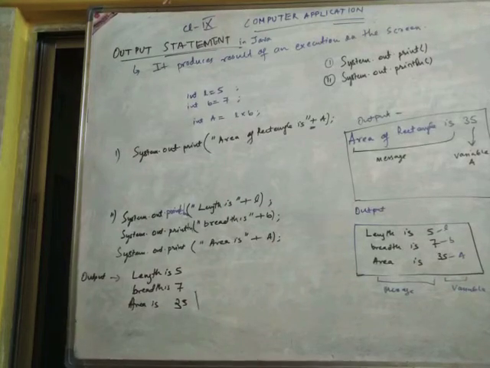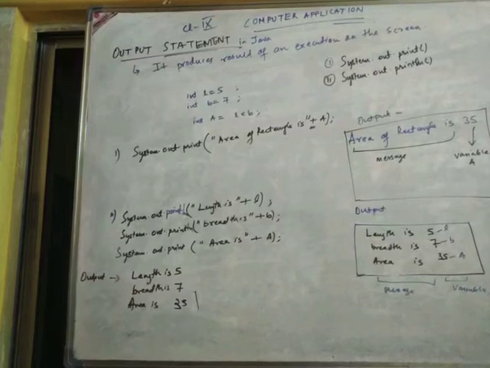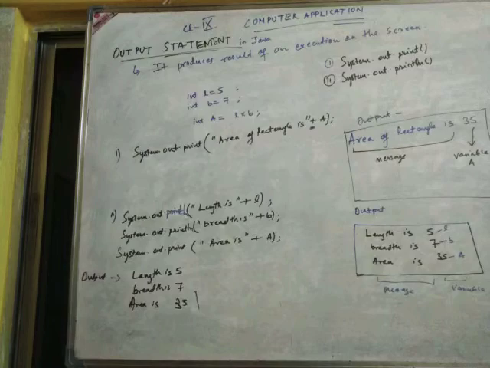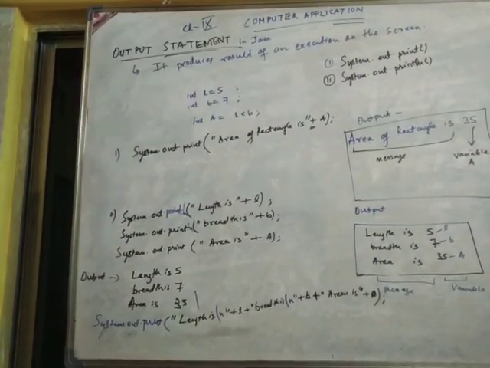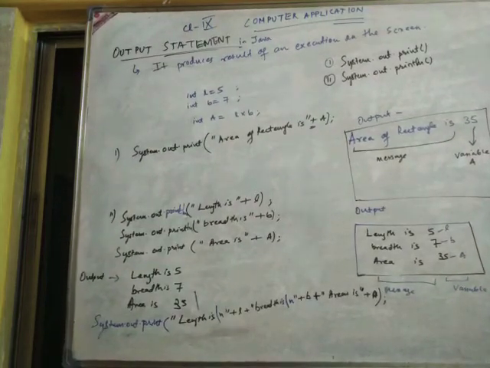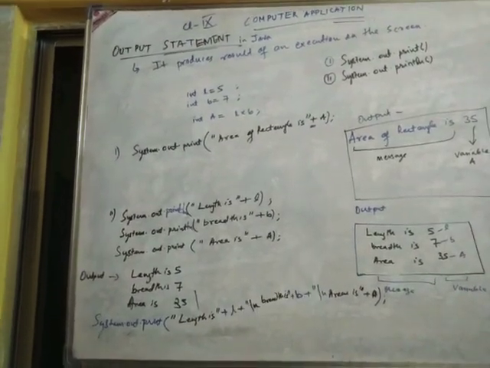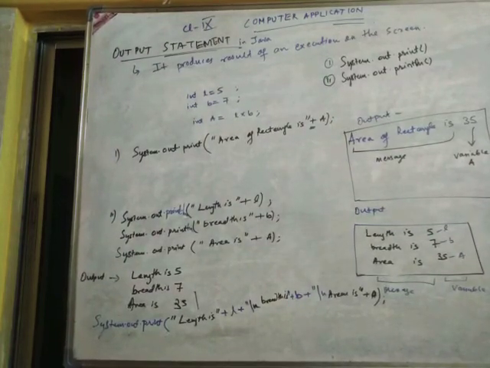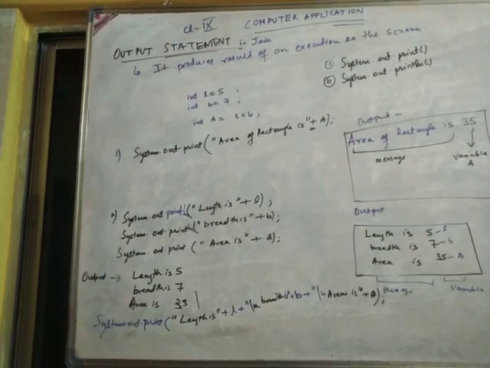In this one you could also do it in one line only. If you want to print using \n, we know it will bring the next line. So we can write this whole second part in one line using \n. Once \n is encountered, the cursor will move to the next line. So "length is" plus L: "length is 5" will come, then \n, and the cursor moves down, so "breadth is" plus B: "breadth is 7" will come.